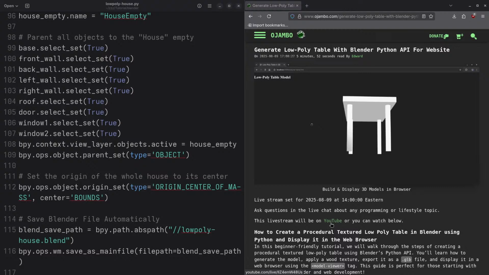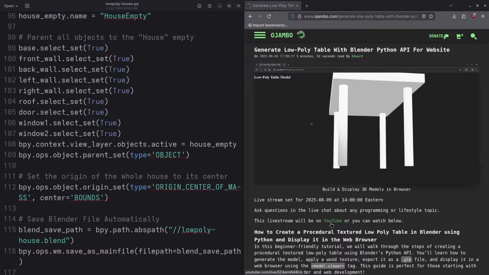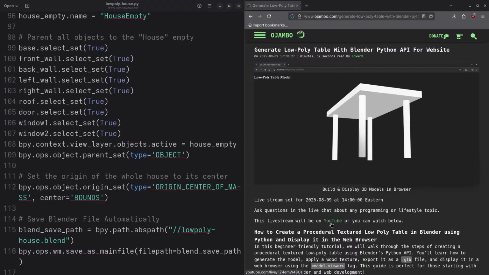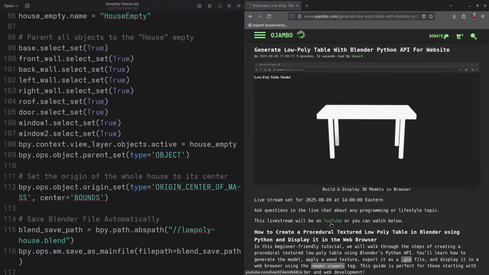Okay, so I'm going to show you how to create a procedural textured low poly table in Blender using Python and display it in a web browser. So for this particular